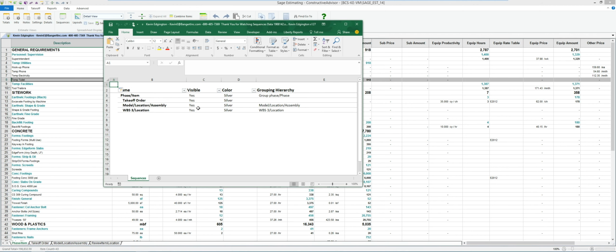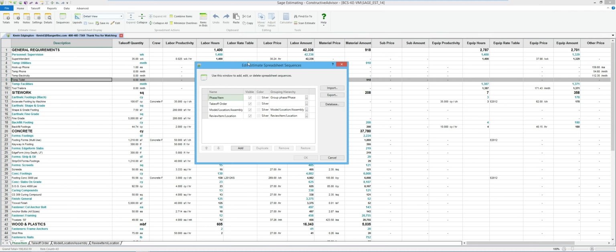So keep this in the back of your mind, because now if I had one estimate that I really did a bunch of customization, not only could I save it for the database, but maybe I could pull that up for another estimate that I've already started on or already been working on that doesn't have all the tabs that some other job that I've done has. So in this case here, I could be in another estimate, come back into import, pick that file, and it would actually create these tabs that were in that import file.